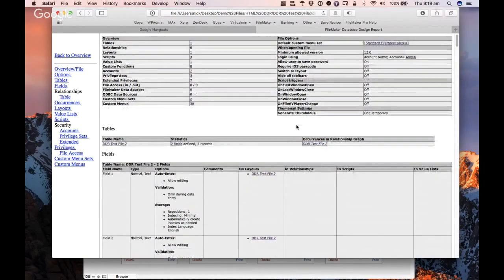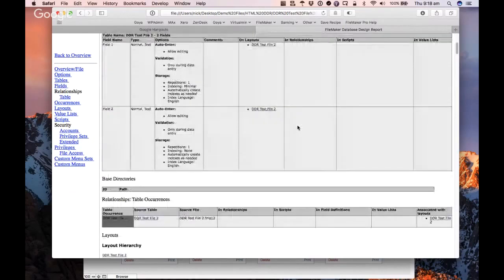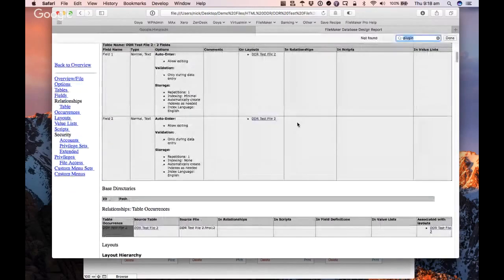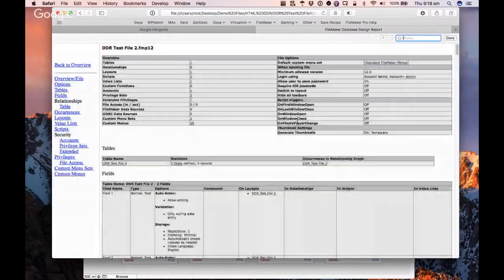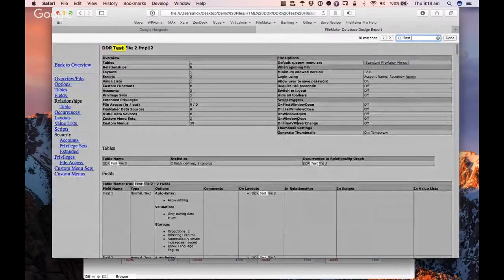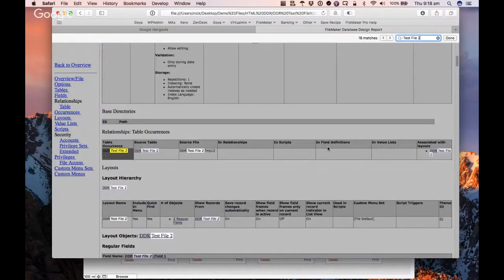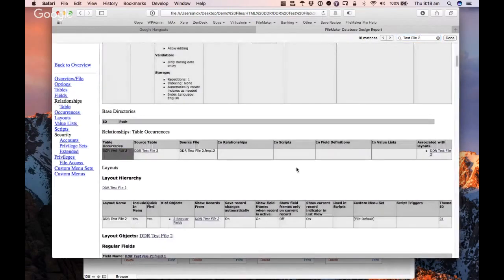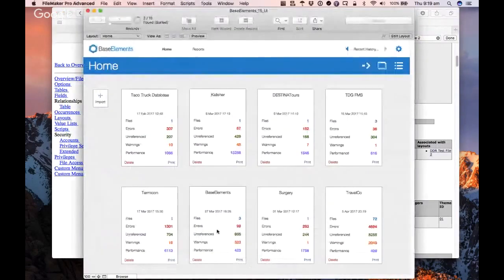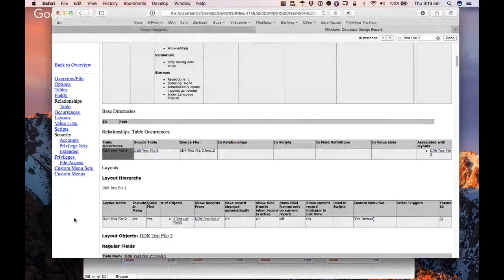But obviously, on top of that, this is just HTML. So if I want to search for anything in file 2, for example, I've got 18 matches, and they're a mix of names and places and tables and fields and table occurrences. And so finding the detail of what you want is pretty tricky. So the advantage of us bringing this into FileMaker via the XML